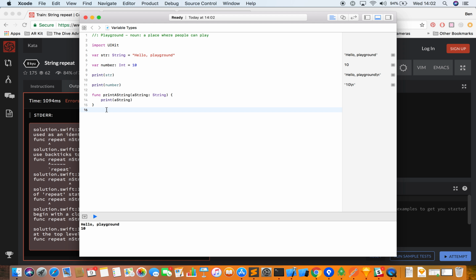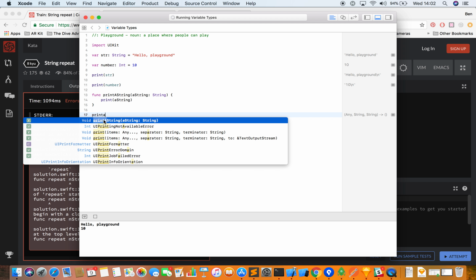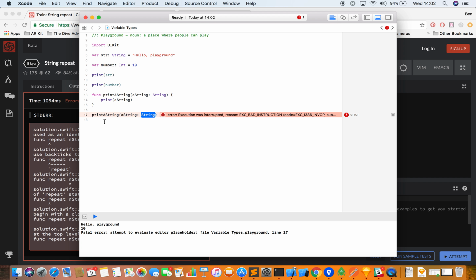We're not actually calling this function yet, so we need to do that. It's very simple to do that. You write print a string, and you can see that I haven't even completed writing the name of it, but the Swift program or Xcode, it knows that there's a function called this, and it comes up and it suggests that you need to call this function. So I click that, and it auto completes it, and then it highlights the parameter value that I have to fill in, and that can be anything I want, just like x squared. It can be anything I want to pass into x. So I'm going to write my name, Ben,